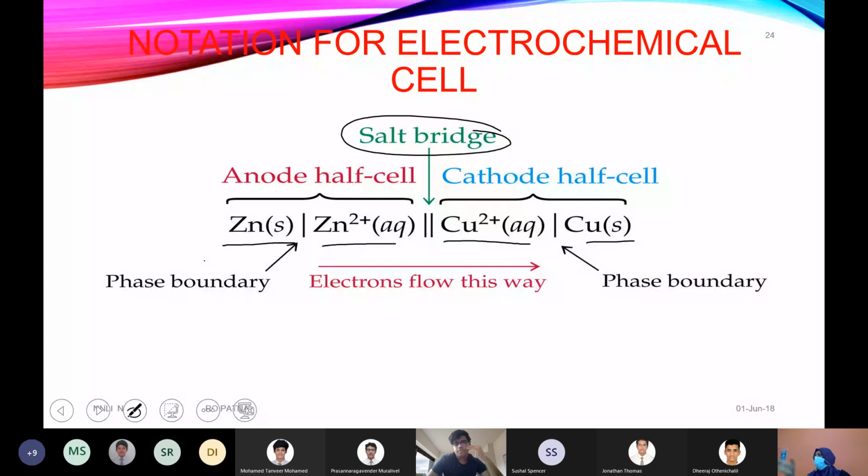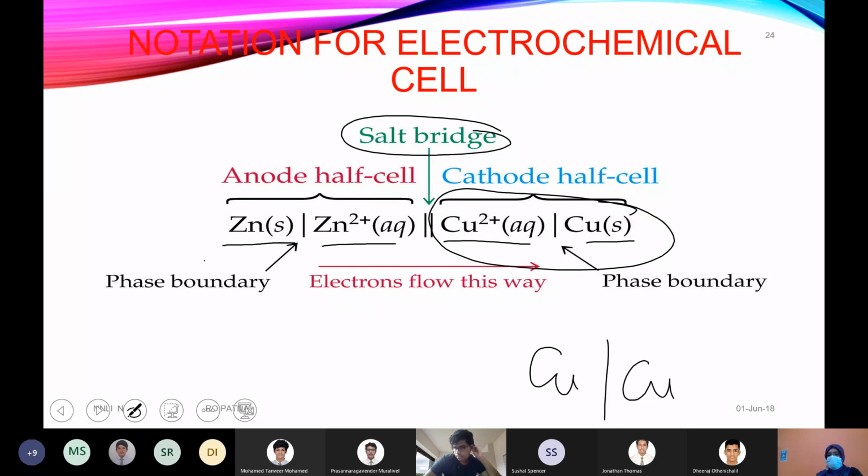After that, when you write the cathode, always write the electrolyte and then the metal. What is the reason for the reverse order for the cathode? Why do we write Cu2+ | Cu? It's because the ions are becoming reduced. Zinc is oxidizing, since anode means oxidation, where zinc changes into Zn2+. At the cathode, Cu2+ is changing into Cu. So this is the order of writing, or representing, an electrochemical cell.